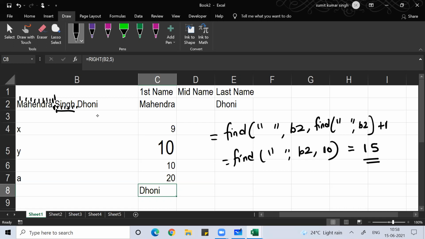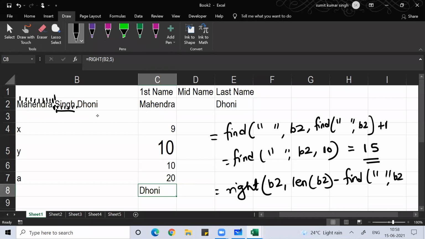Now this 15, if you subtract it from 20, you will get the value 5. That is what we are using here. Equal to RIGHT, B2, comma, the length of B2, which is 20, minus FIND of double quote space double quote, comma, B2.